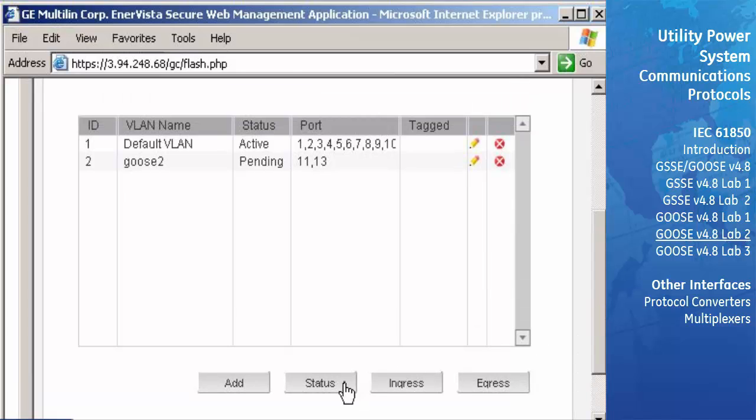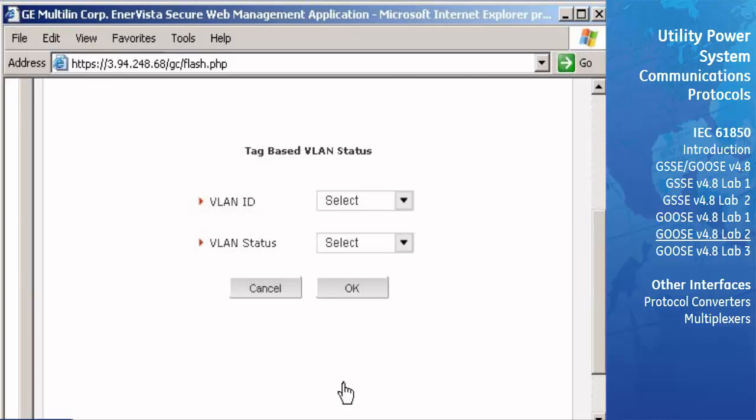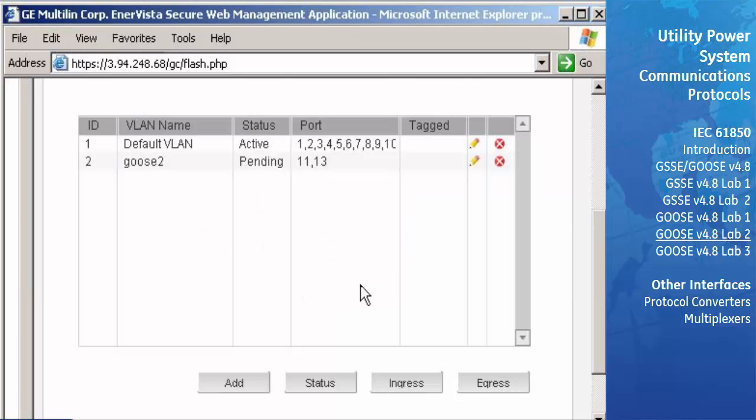Select the Status menu. To start operation of VLAN GOOSE2, we'll set the VLAN ID to 2, the VLAN status to Start, and select OK. You'll notice that the new VLAN is now active, but ports 11 and 13 have been removed from the default VLAN. You can add them back into the default tagged VLAN 1 so that they're part of both VLAN 1